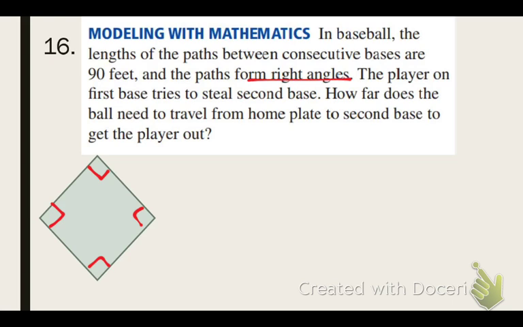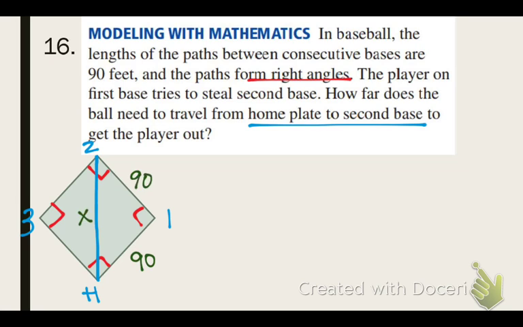We're trying to figure out how far the ball needs to travel from home plate to second base. What is the plate all the way at the bottom usually? Home. And then first, second. So we're going from home plate to second base. So that would be a line. When we draw a line from those two bases, what type of shape are we talking about now? A right triangle. What is the distance from home plate to first base? 90. And from first base to second? 90. We want to find the length from home to